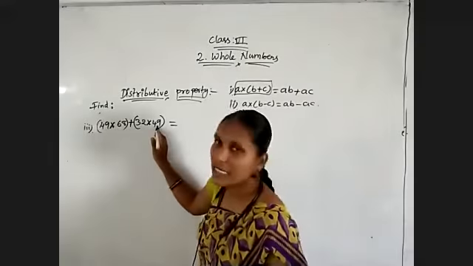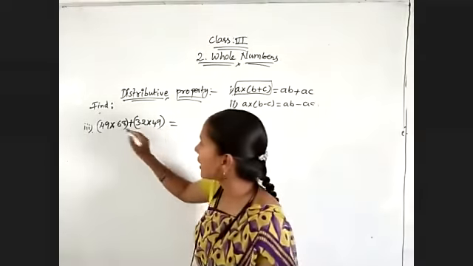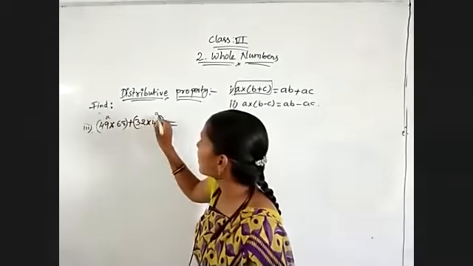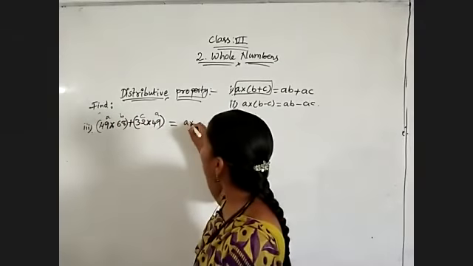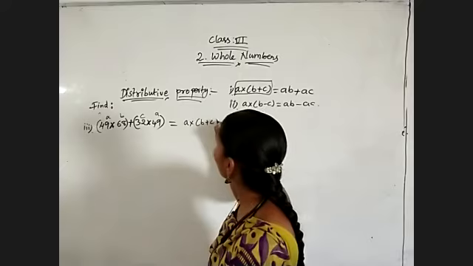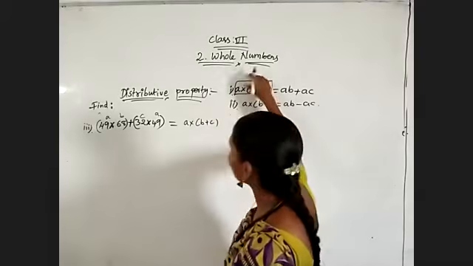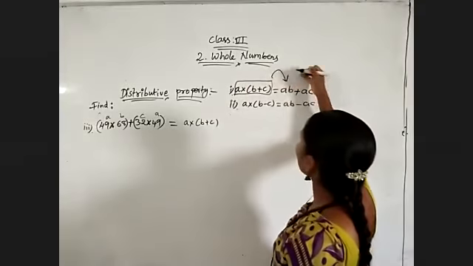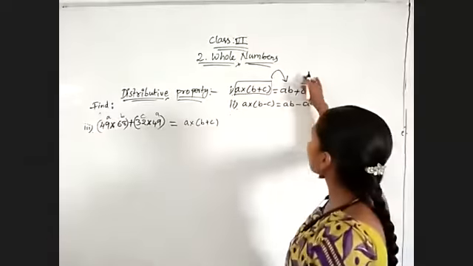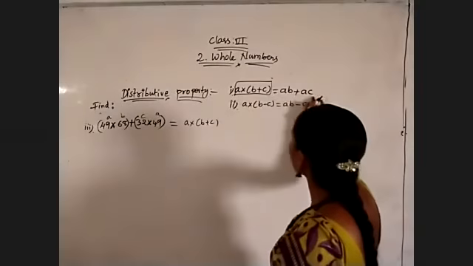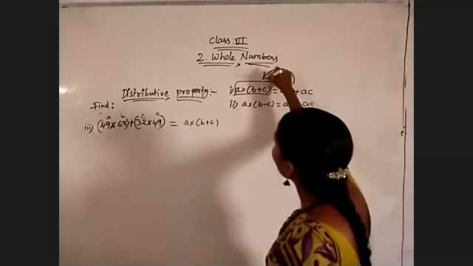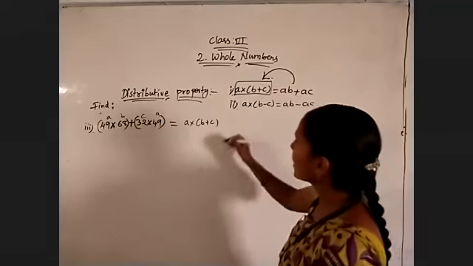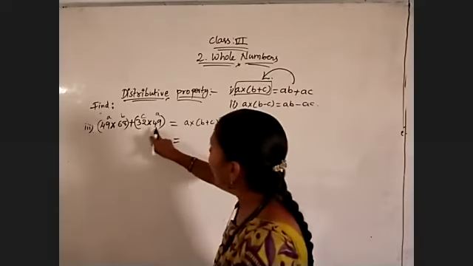So now what is the common value among these two? 49. That means A value is equal to 49. A is this one. So it is B, it is C. So we need to convert it as A into B plus C form. So when the left side is given, we need to do the simplification for the right side. But now the question is only like whatever we got for the right side. So now reversely we have to change.